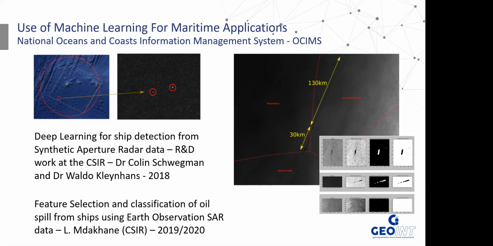So the first one I want to talk about comes out of the National Oceans and Coasts Information Management System, or what's called OCIMS. This is a 5-year program that's being led by the CSIR, but it's really a multi-stakeholder environment between environmental affairs, the South African security cluster, fisheries, the South African Maritime Safety Authority, and the Space Agency. And really, it's looking at several decision support tools that can enable a more efficient and effective use and management